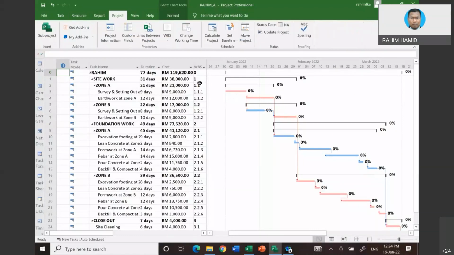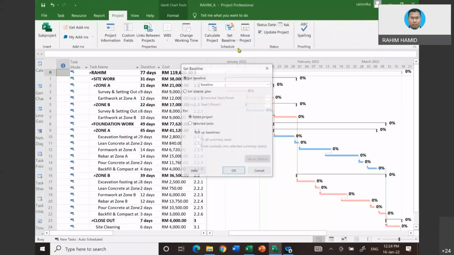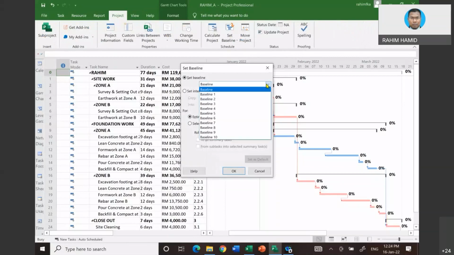Okay. So click here, under Project, Set Baseline, you can set the baseline. And then for baseline, there are so many baselines. So the first thing when you start a project, you save on the top baseline. The rest of the baselines are meant for revised versions of the project. That will be later on. Okay. So you click on OK. You will notice what will happen to this bar chart when you have saved the file into the baseline. Click OK. You see,